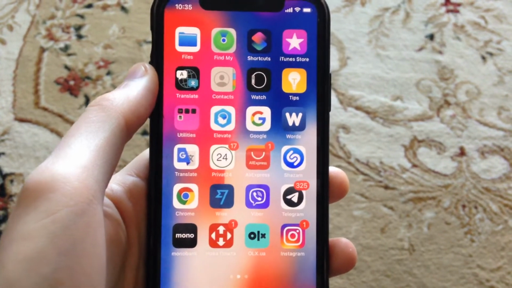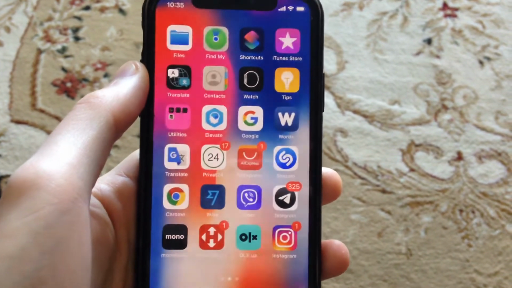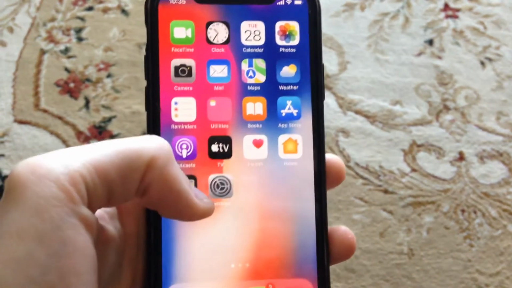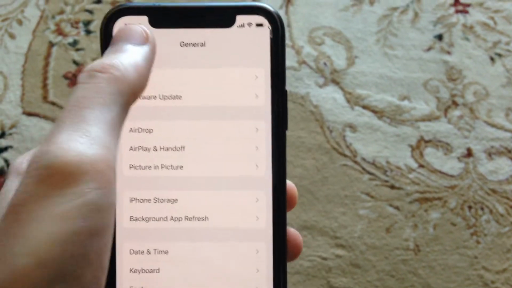So if you see Wi-Fi, no internet connection on your iPhone, here is how you can fix it. First thing, just open the settings, just open Wi-Fi here,